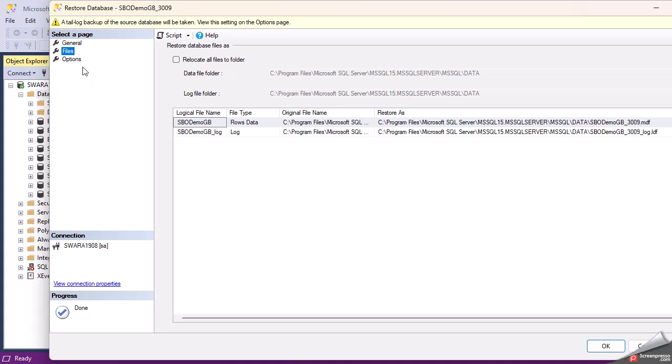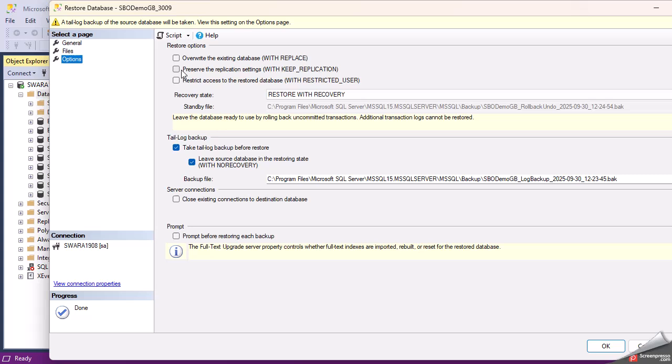Now, if you look at the options, this is the SAP default seed program patch. There are multiple options here, and the first one should be overwrite the existing database. It's like when you are restoring OEC computers as a test database, the common selection is to overwrite the existing database with replace. If you already have a test DB with the same name and want to refresh it,